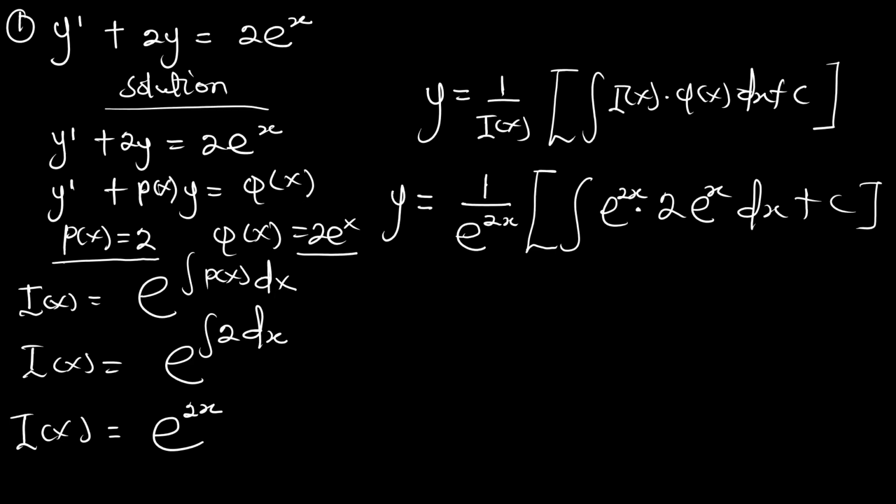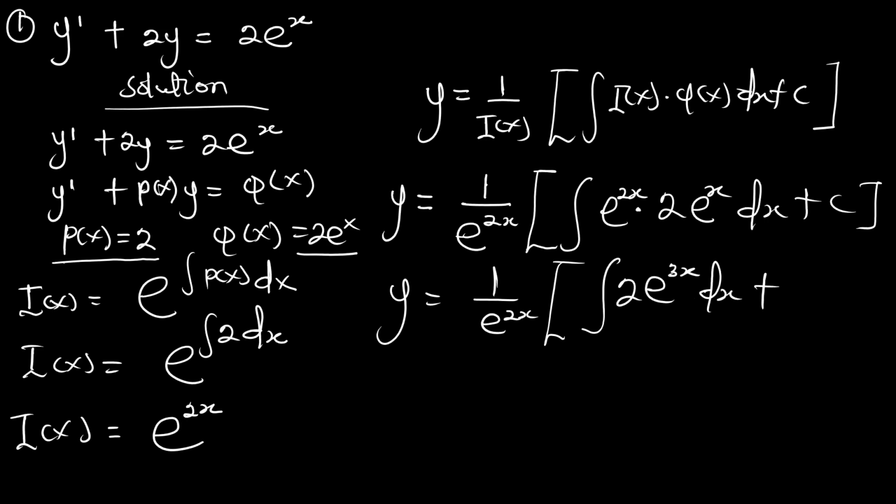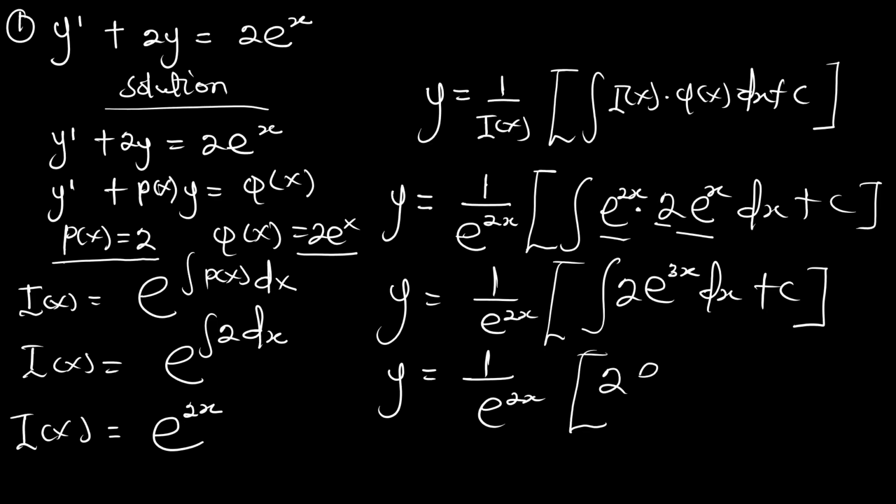So y is going to give us 1 over e to the power 2x, integral of, here you're going to have 2e to the power 3x dx plus c. Law of indices: if the bases are the same and they are multiplying, we add the powers. So 2x plus x gives e to the power 3x, and we have our 2 multiplying there. So now we are going to integrate 2e to the power 3x. So 2e to the power 3x all over 3